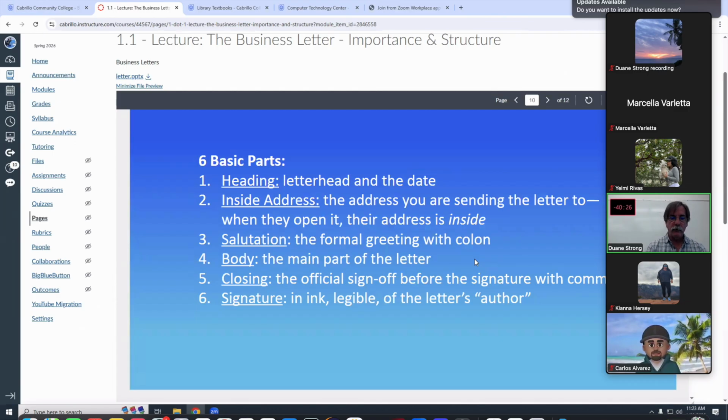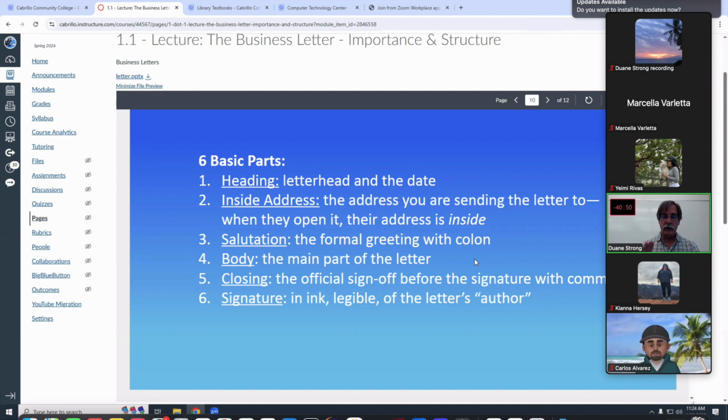Okay, so every letter needs to have at least these 6 basic parts. It needs to have the heading, which can be the letterhead if pre-printed. If it's not, you need to print your info on the heading. And that is followed with the current date. The second thing is the inside address. We call this the inside address because it's the same address that was on the outside on the envelope.